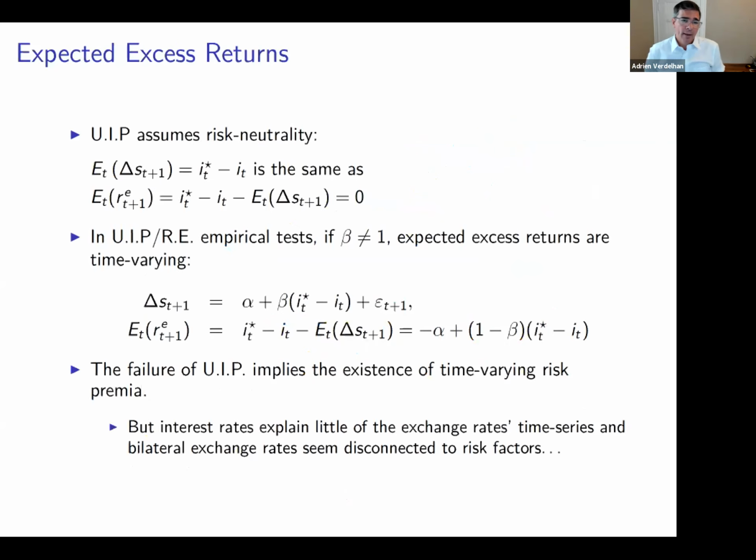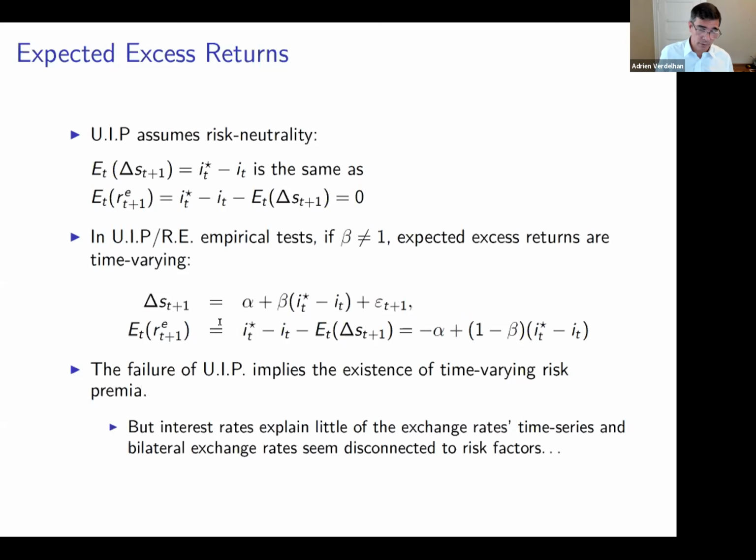So if we go back and see what we can learn from those regressions, you'll see immediately that UIP is just the same thing as risk neutrality. When you say that the expected change in exchange rate should be equal to the interest rate difference, you're basically saying there shouldn't be any excess return. So again, if you borrow at the risk-free rate in the US, and you invest at the risk-free rate in the foreign country, and you bear the exchange rate risk, you should not expect any excess return according to UIP. Now, we've just seen that UIP fails miserably in the data.